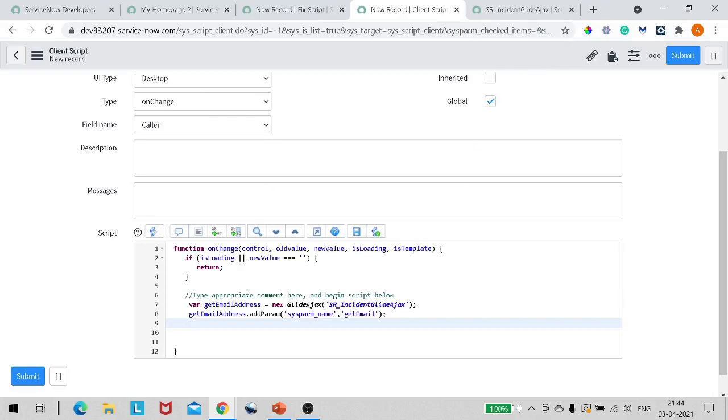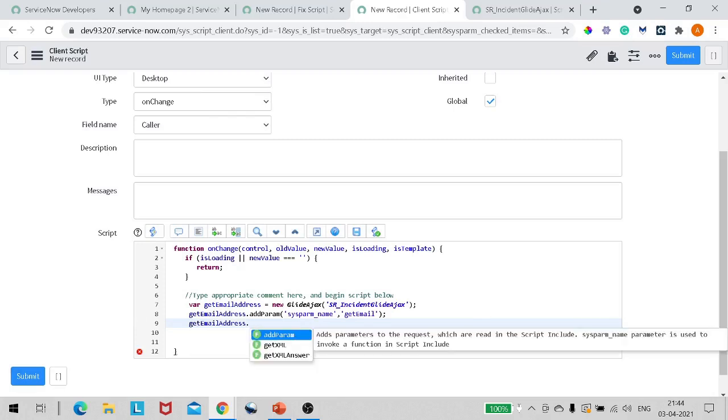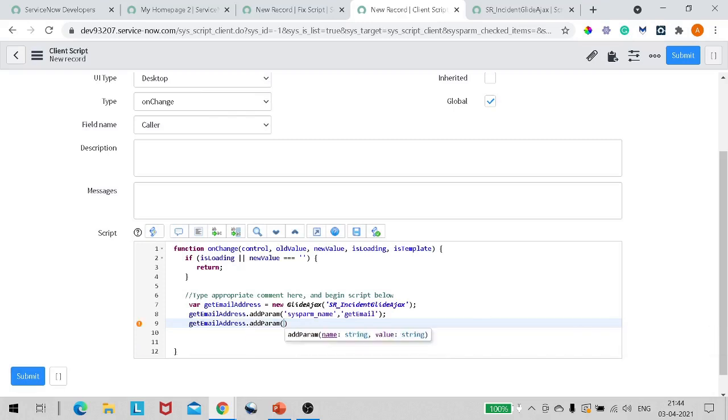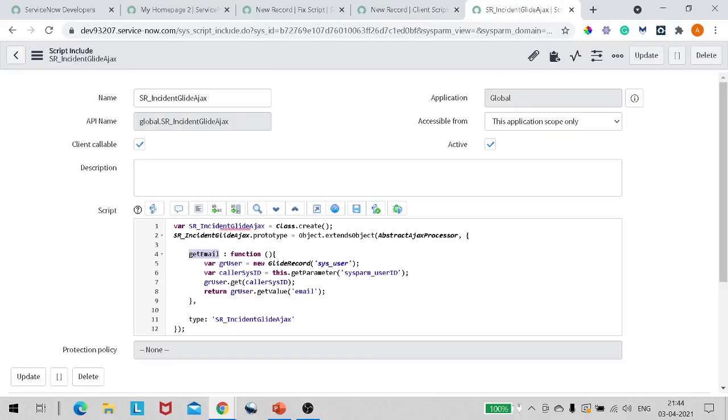So we will give getEmailAddress dot, again same, addParam, and now we will give the attribute which we have mentioned over there. So what attribute we mentioned over here is sysparam_user_id.